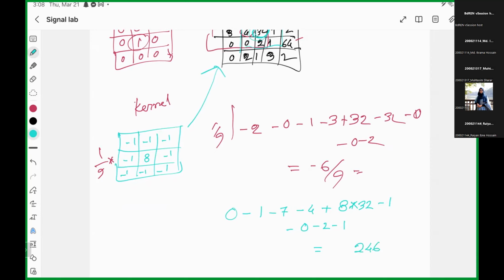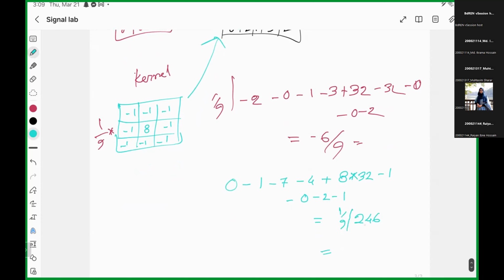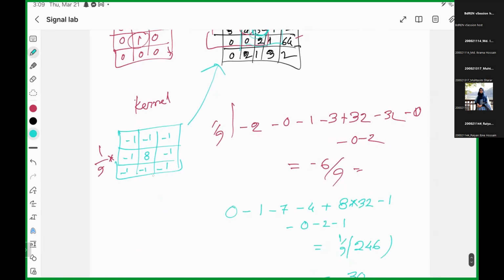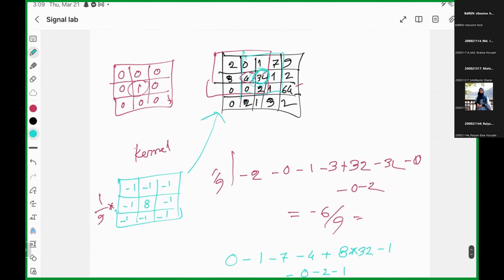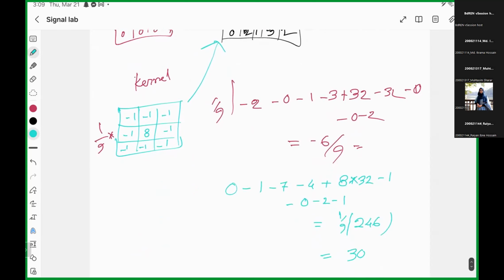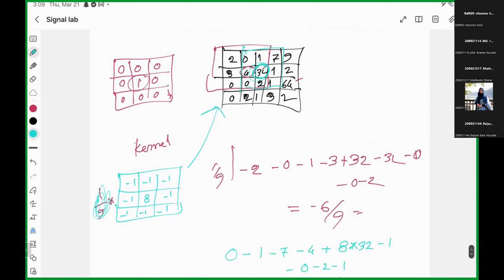So something like this, divided by 1/9. So it is almost 30. So you see, when you are passing this one, the smaller values only become smaller, larger values only become larger. If you just don't put the average, the effect will be even more. So it makes the larger value larger, smaller value even smaller. So this is like a high pass filter